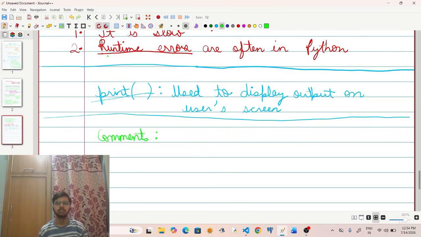When you write any code, you are not the only person working on a particular software. So when you write a code, you also want the other person to understand what you have done in that code or what exactly the purpose of that code was. So you add comments so that you can make that person understand what the intention of that particular code was.